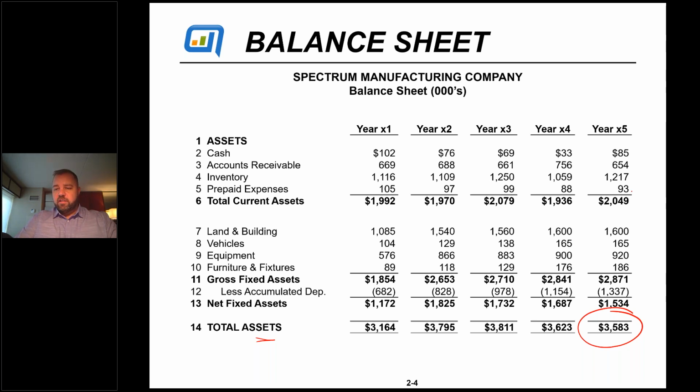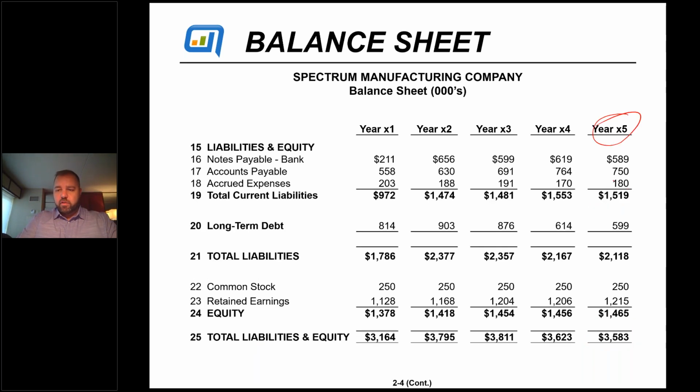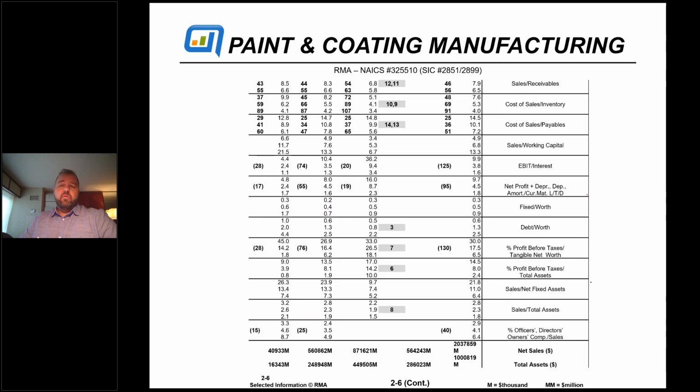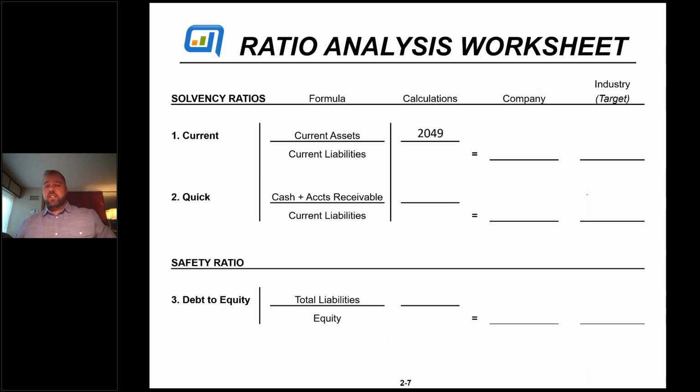We got current assets of 2049 and current liabilities, of course, of 1519, Year 5. And I'm going to show you these. I won't do this on every calculation, but I'm doing it now so you can kind of see where I'm getting the numbers from. So when I go back to the ratio page, the first one I got is 2049. The second one is 1519, and that's where they came from. When you divide those, it's going to give you a ratio.